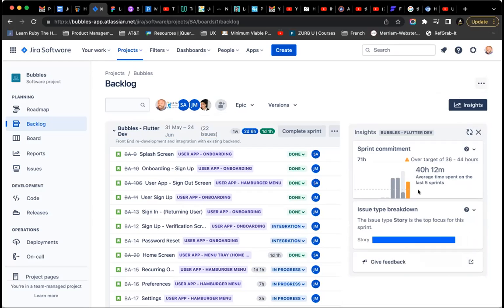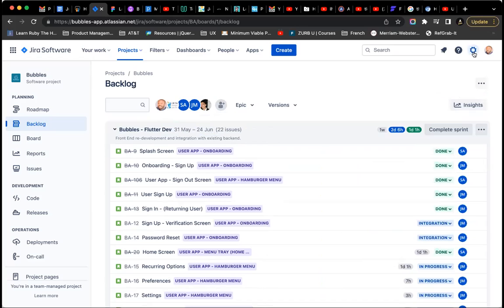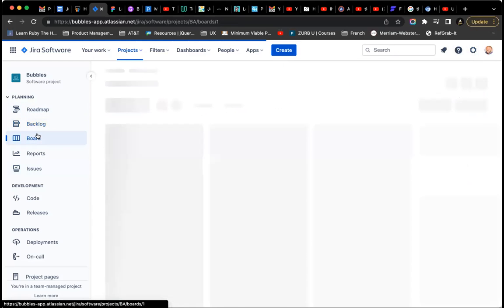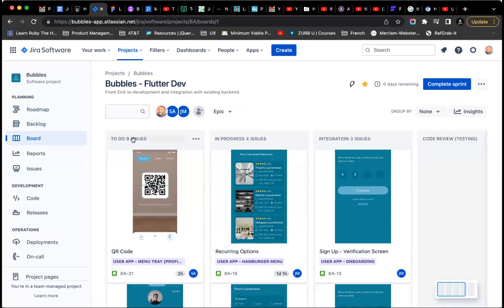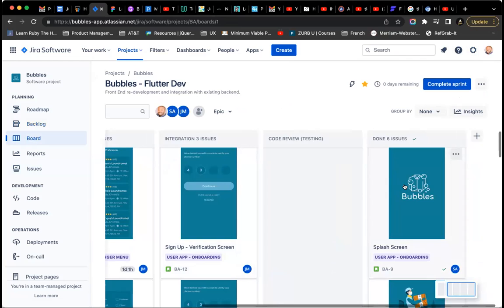I mean, I'm not gonna fix that just yet, but I just wanted to show you some of the issues that can come up. Here, I can see my board, which shows me there are still 9 issues that are not done, right? And these are in progress. These are being integrated, and these are the stuff that are done.